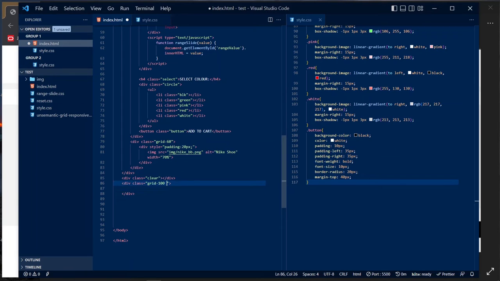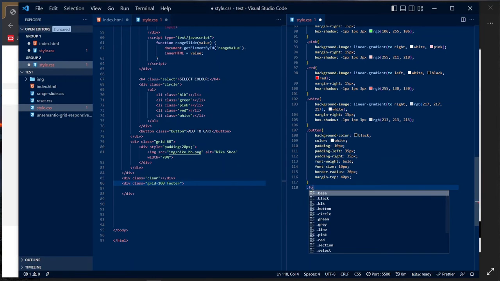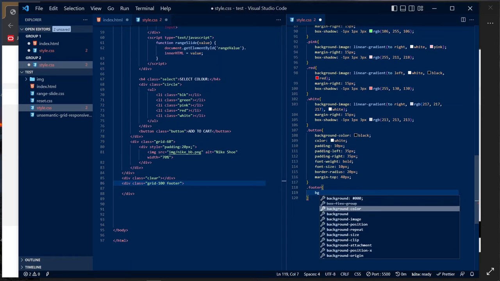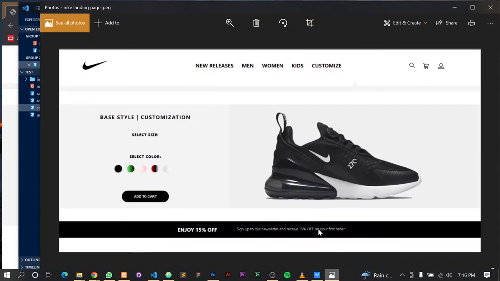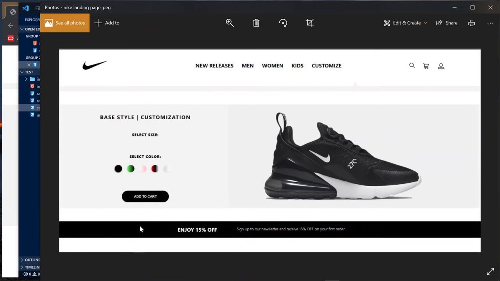Then I can also just, because I'm going to add a lot of styles, I can come here and now say footer, right? And then from here I can now make my typing better. So I can say background color black, right? Then is there any other thing I need to do? I don't think there's any other thing right now I need to do. So background color black,